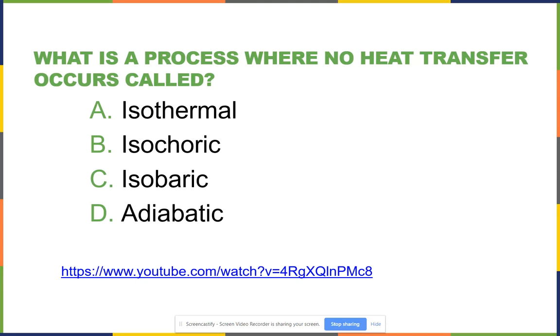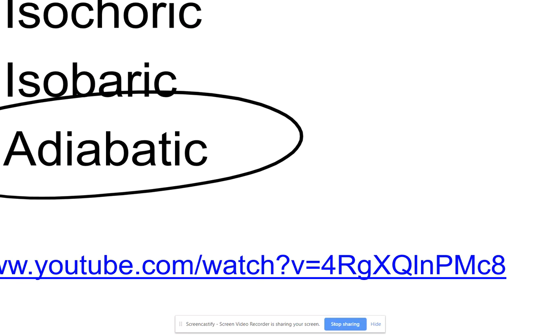What do we call it if there's no heat? Adiabatic. Now this here is